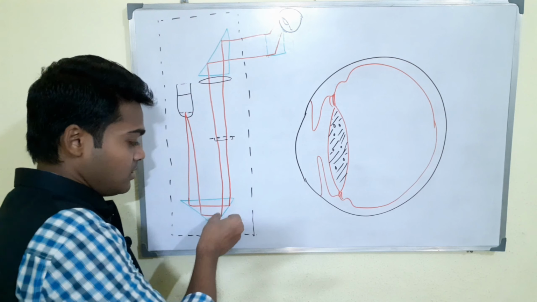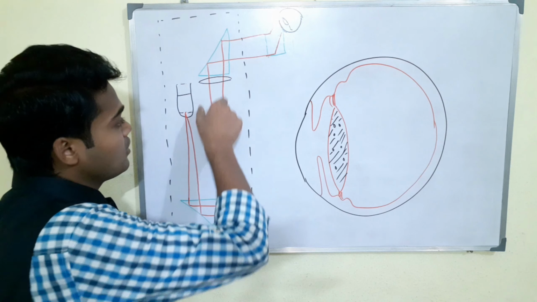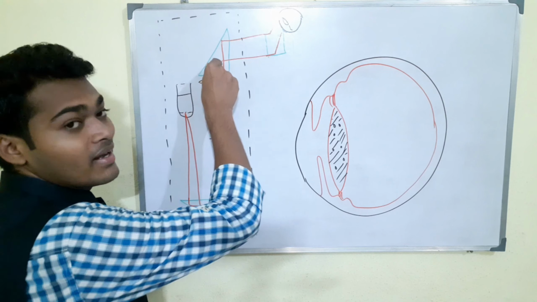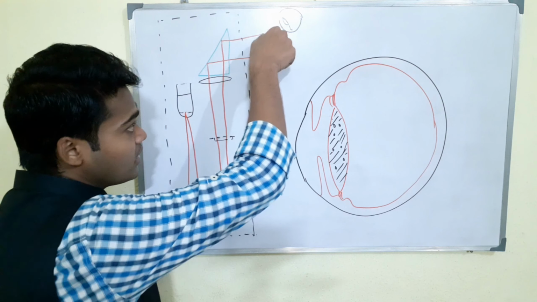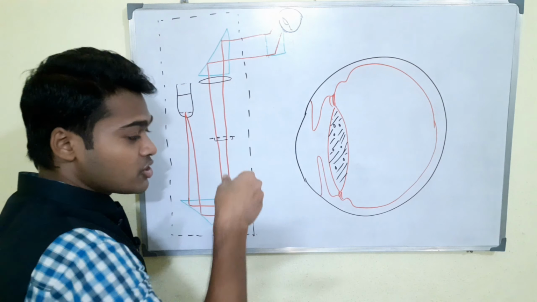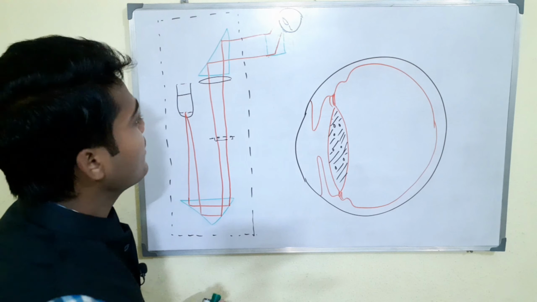When the light is deviated from this prism it diverges, so the condensing lens converges all the rays and they are expelled out again, and then again we use a prism to constrict or direct the light path into the patient's eye.